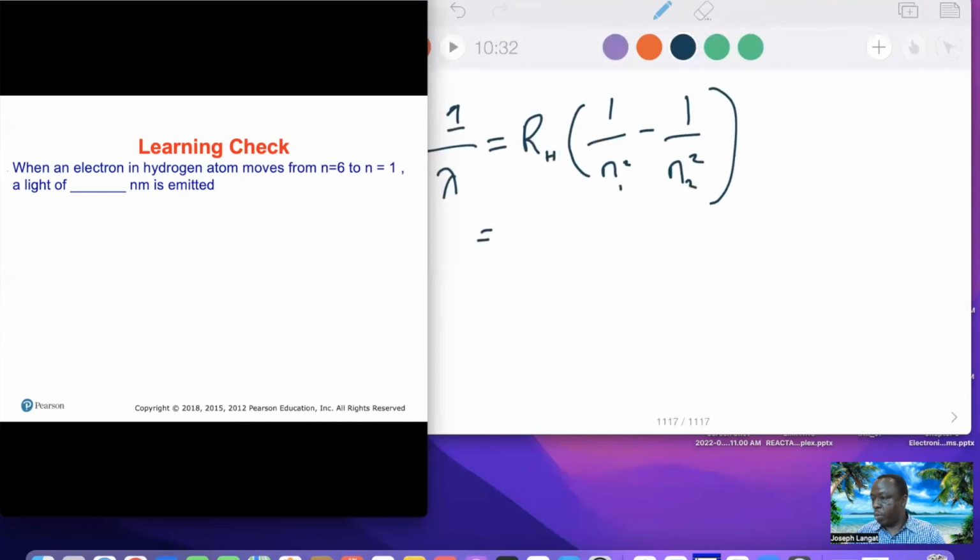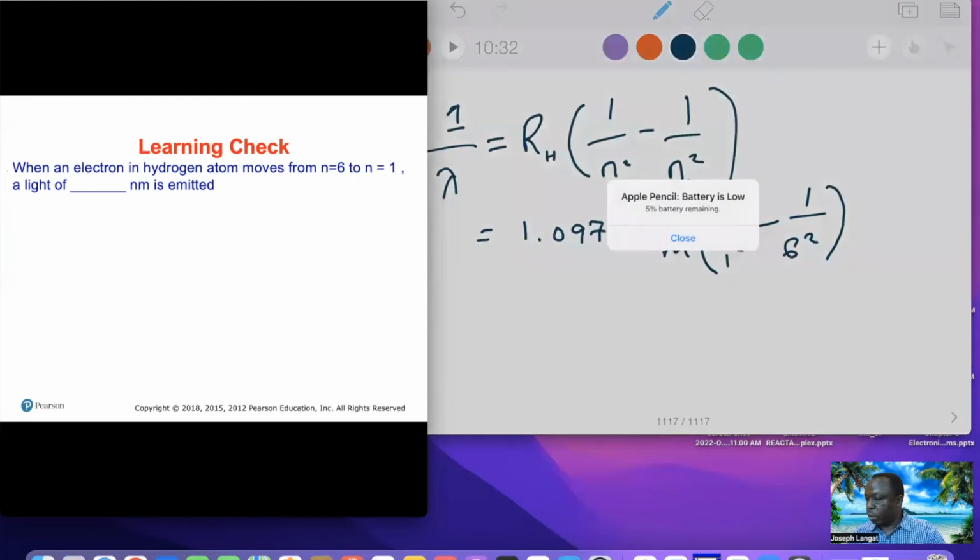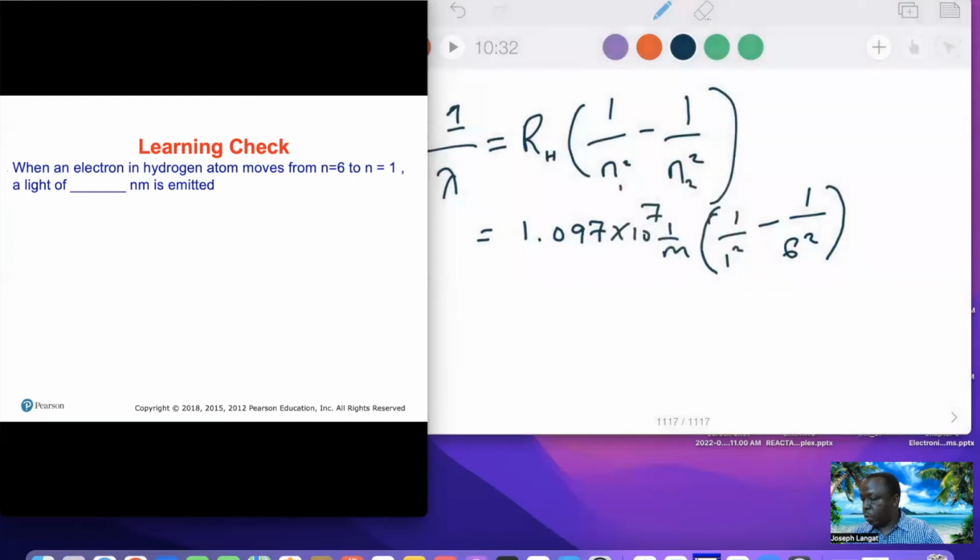This will be 1.09. I'm going to give you this 0.97. This will be given in the exam. 7 times 10 raised to 7, 1 over m, over 1 over 1 square minus 1 over 6 square. All right. 1 over 6 square. So this will be